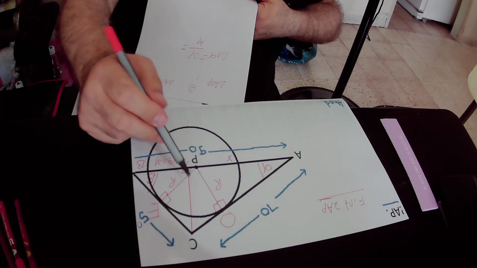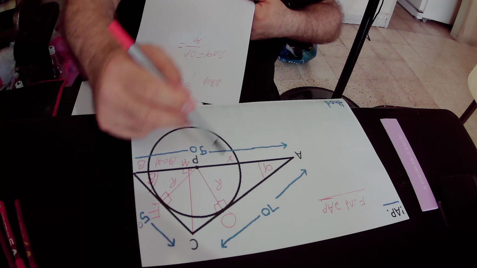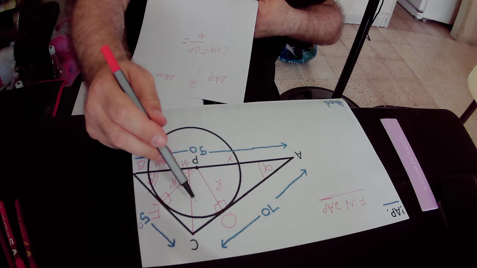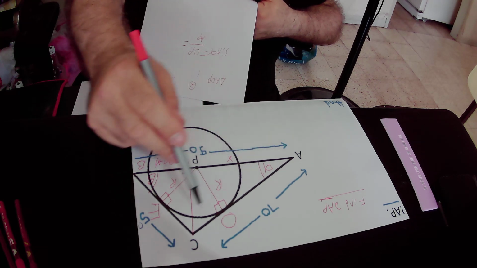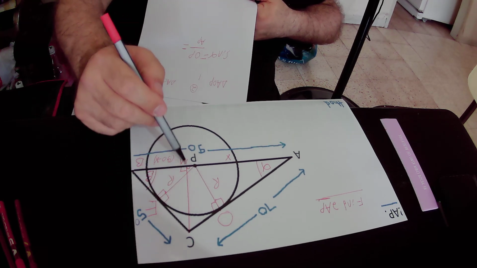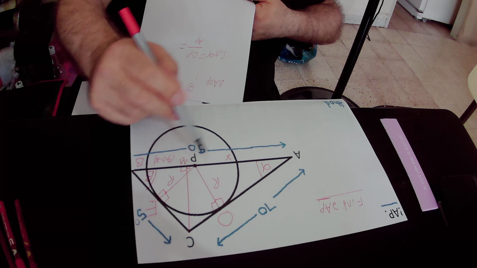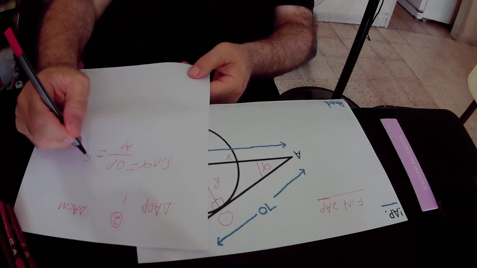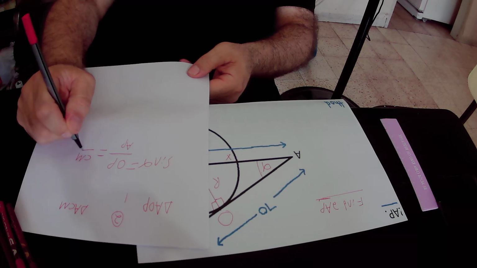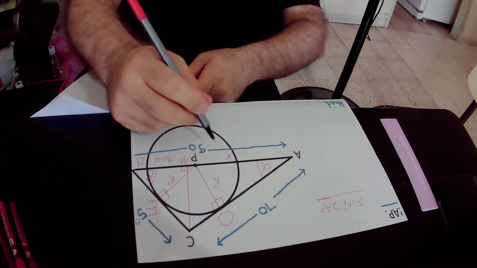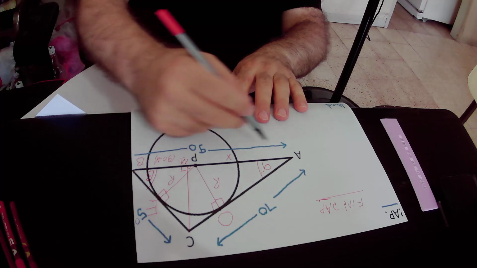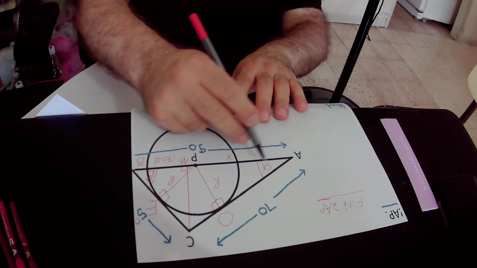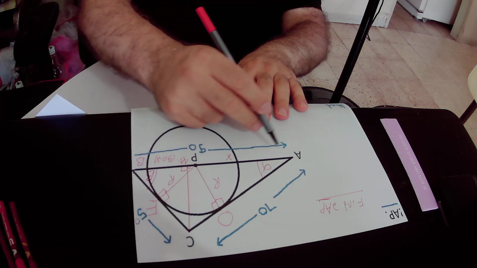In triangle ACM, sine alpha also equals the side in front of angle alpha, that is to say CM, over the hypotenuse of triangle ACM, and the hypotenuse is actually AC,